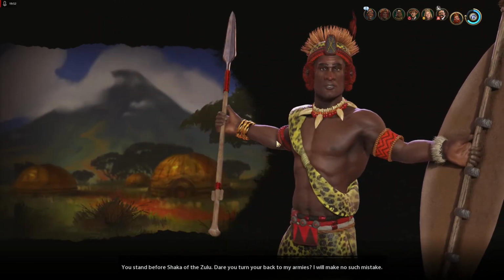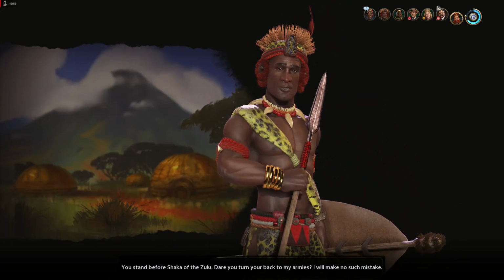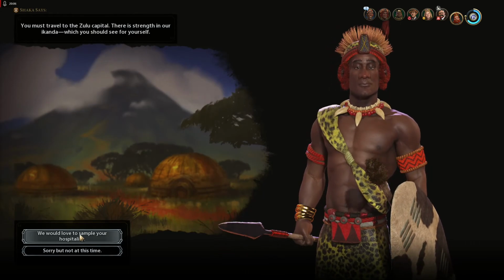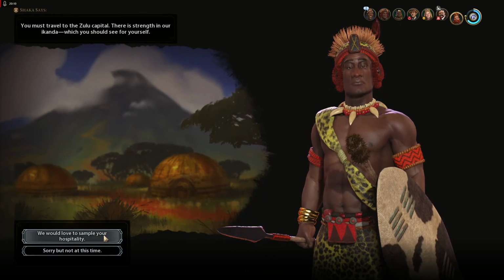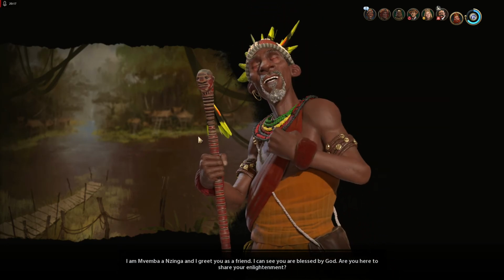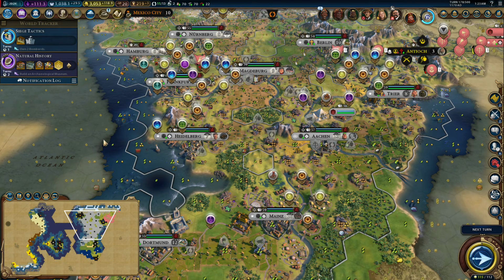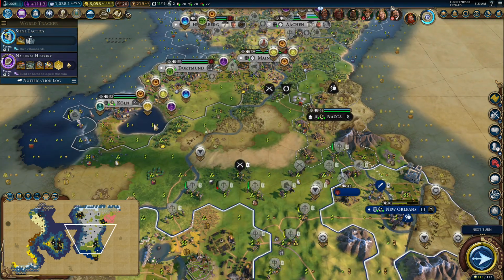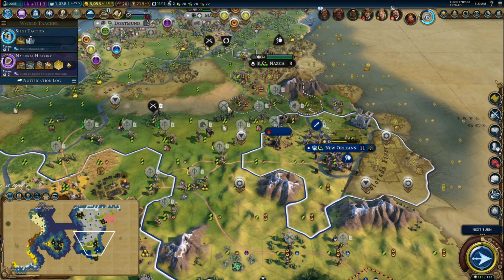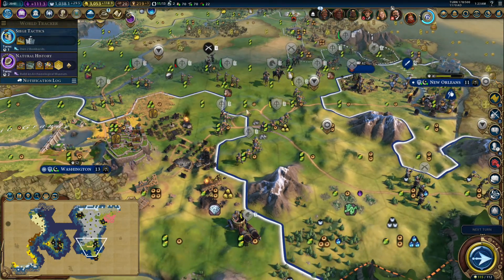Hello, Zulu. If we could trade techs, I could trade him the wheel, I think. Oh, and him as well. I don't think they have discovered the wheel yet. Maybe. But you can't trade techs in this game. It was a little bit broken. You could trade techs back in Civ 4, and it was really gamey. It felt like...